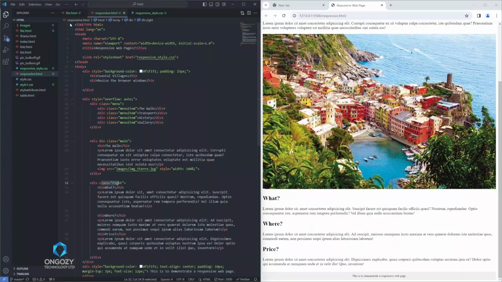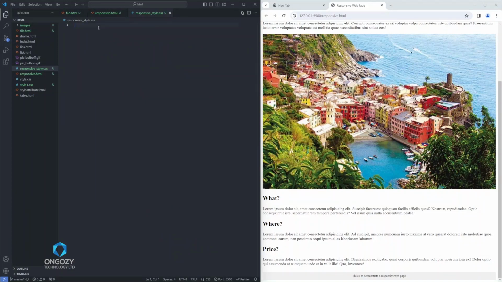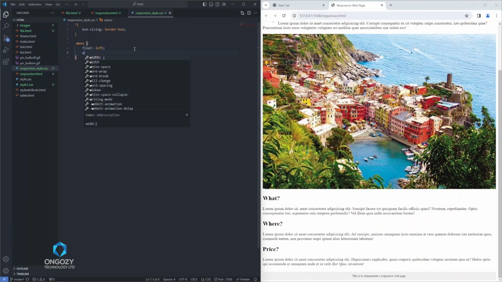Okay, so let us go to our responsive style.css and say control you say box sizing should be in a border box, and then say dot menu, want to float to the left, say width equals to 20%, then menu item, open and close, that's a class, menu item,